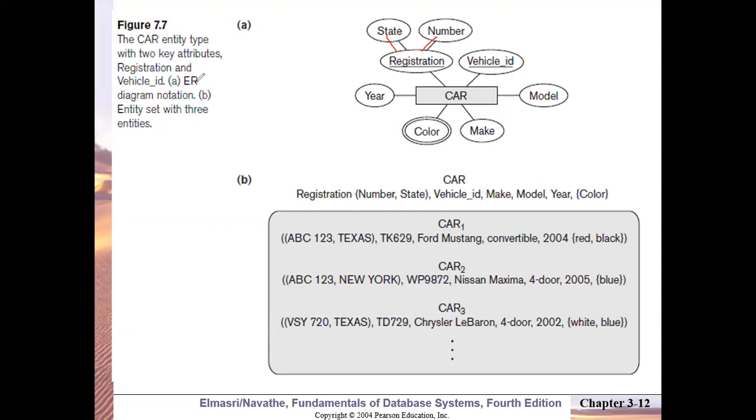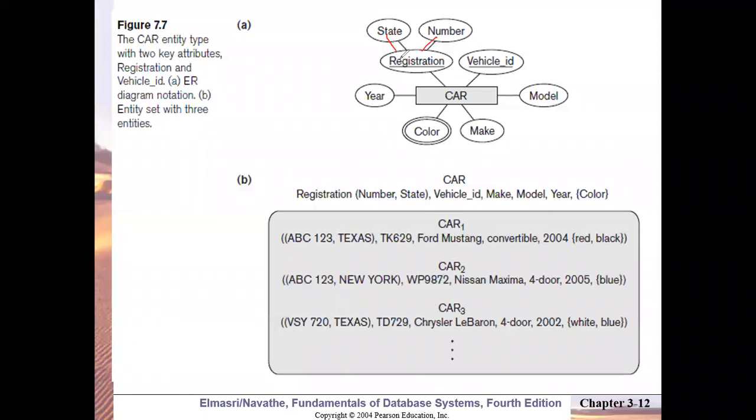They will have different names in different chapters. Fine, we are going to study the same terms, but in different chapters they'll be called by a different name. As I told you, here we are calling car an entity, but in the SQL chapter we are going to call it a table, or it is also called a relation there. Anyway, you need not get confused at present. At present, you just remember these terms. Car is an entity type. Year, registration number, all these are attributes.